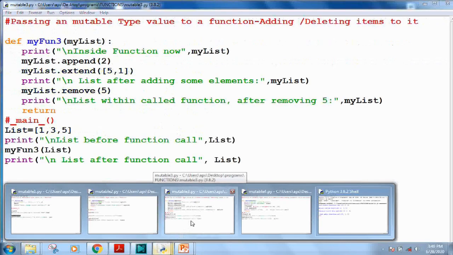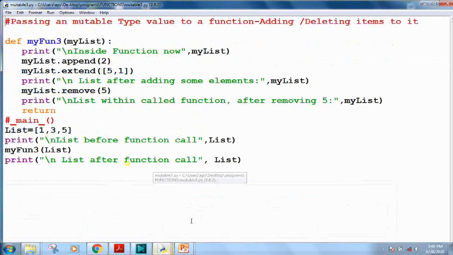Another case is when we are adding and deleting elements in the list. These changes are also reflected. For example, I pass the list 1, 3, 5 to a function, and there I append 2, then add the elements 5 and 1 to it, and then remove the element 5 from it.